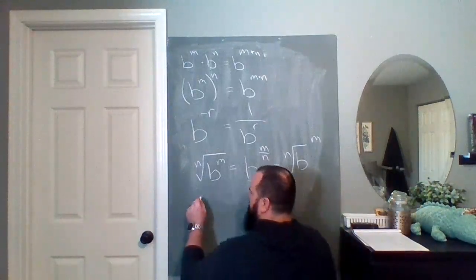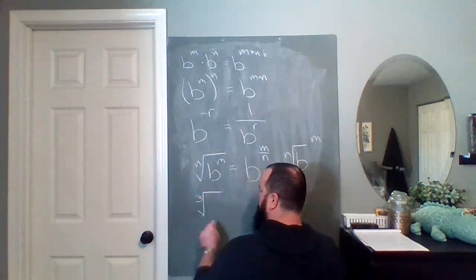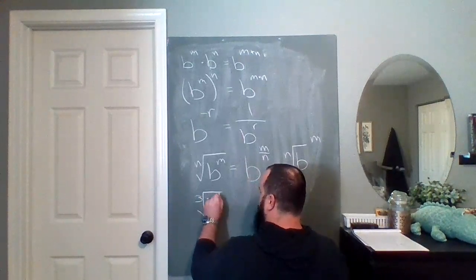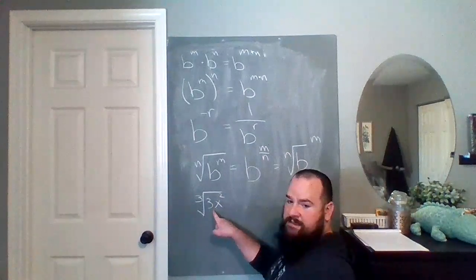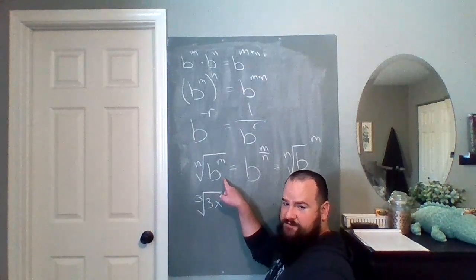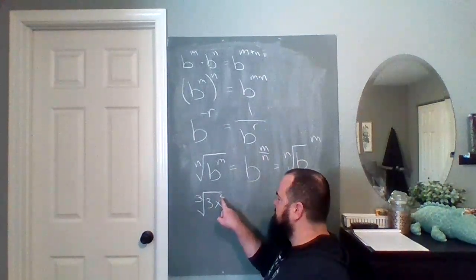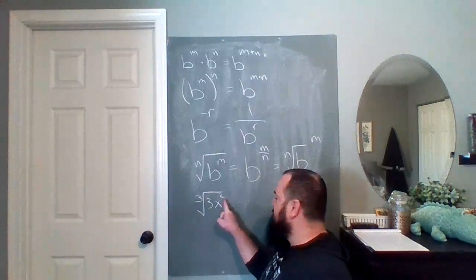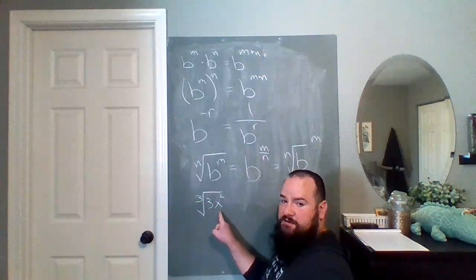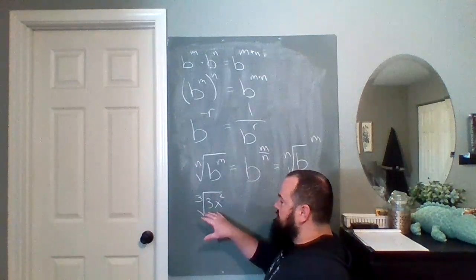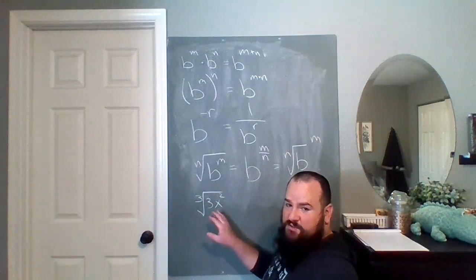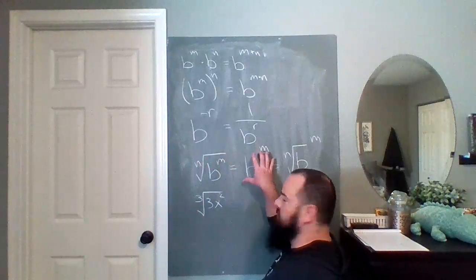If I have something like the third root of 3x squared, okay, this is not this. And the reason why is because this second power is not being applied to everything here. It's only applying to the x. So if I wanted to rewrite this in exponential notation, so I wanted to go from here to here,